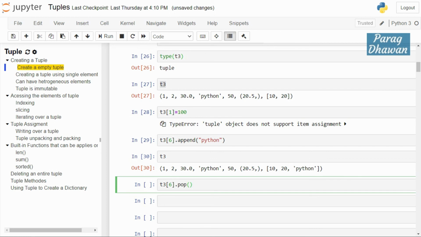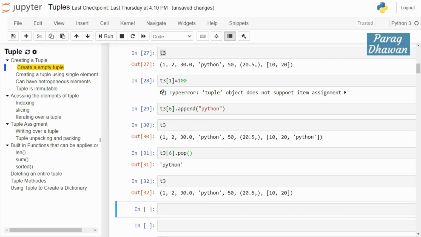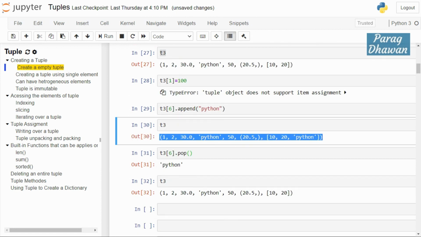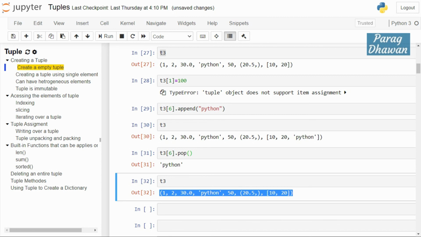Basically, you can run all the functions of the list on this sub-element of the tuple. This pop function removes the element which was added, and we check the status of t3. Click on the cell, run the cell, and see the updated tuple now. Inside it, the list was also updated.